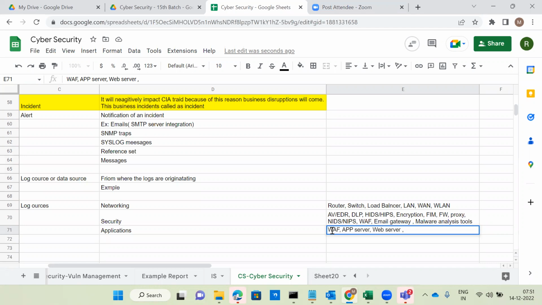DB server is a part of infrastructure, so I will put it there, otherwise it is a separate classification. This section is dedicated to applications. Indirectly, yes, DB server also, because the application three-layer architecture contains the database server as well.